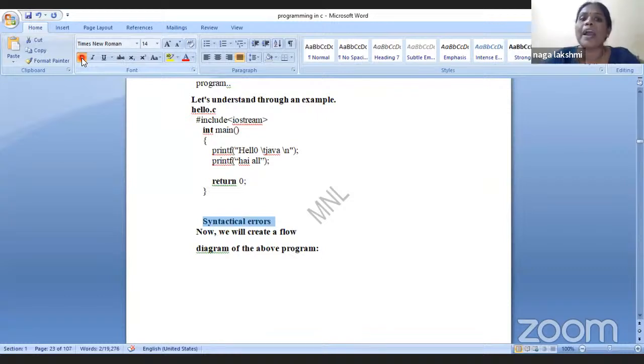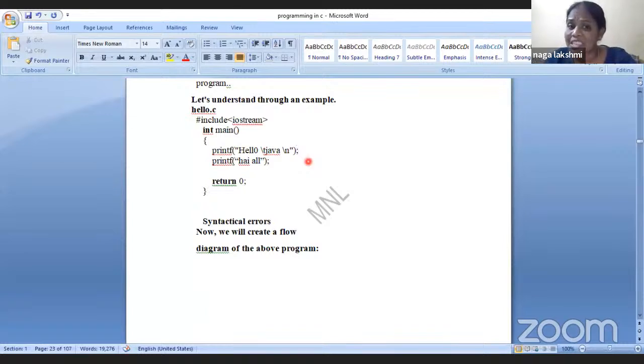In a similar manner, in a program, if by mistake I miss a semicolon, in an interview they may give you the program and ask what the output will be and which type of error it is. Here everything is okay: I have written the int main function and printf. But I missed the semicolon, so the structure is going wrong. This is a syntax error, and I am going to get syntactical errors.